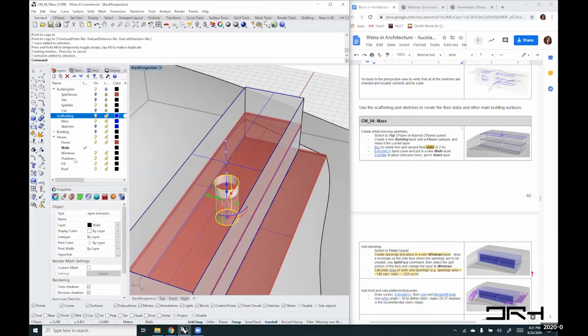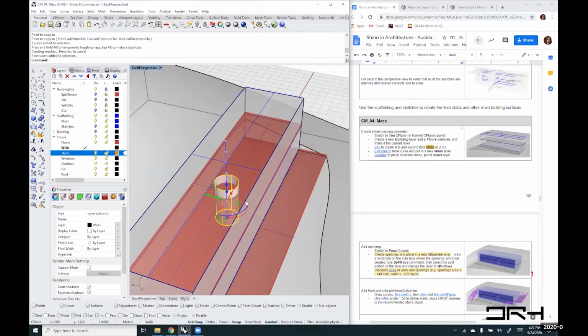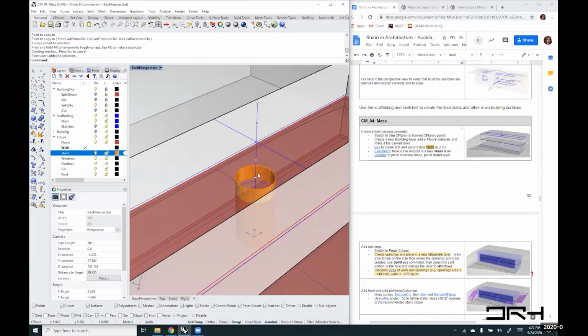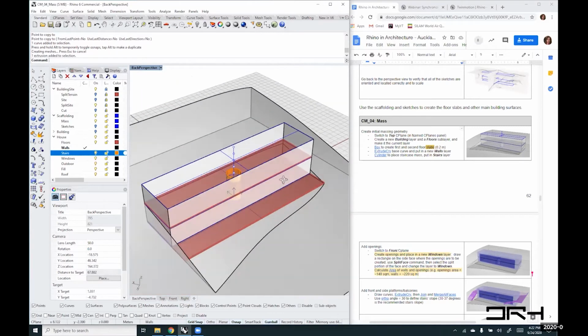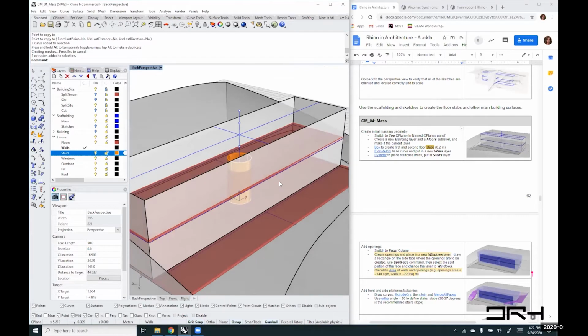Just because I didn't create any layer for it here, I can easily go to the walls, select that layer because I want to create a layer under it. I can call it stairs, and maybe change the color to orange, and then change my extruded cylinder to be in the stairs layer. And there we have some kind of basic mass or geometry that represents the floors, the wall, and the